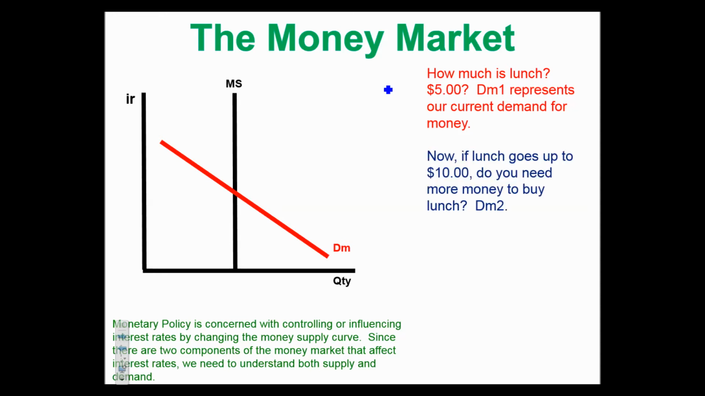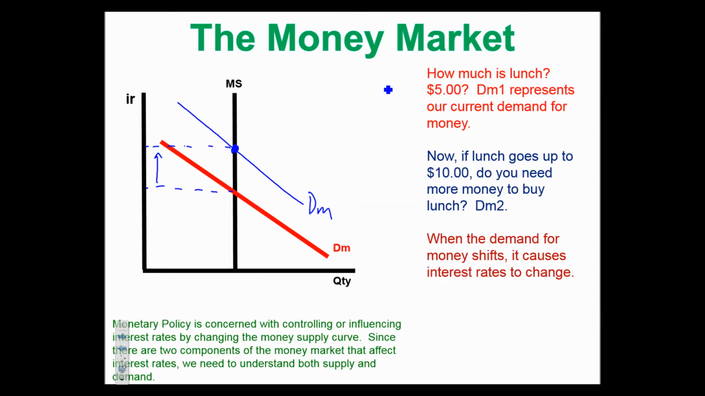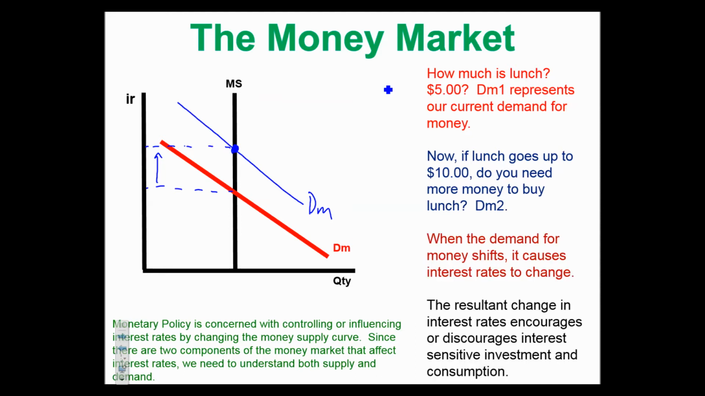If lunch goes up to $10, well, that means that we have to increase our demand for money in order to meet that increased price. Well, when that happens, it causes the interest rate to rise. And that's going to have a negative effect on investment and consumption and so on. So that's a big deal. When the demand for money shifts, it does cause interest rates to change. And that resultant change can affect investment and consumption, and it can affect the value of the dollar, which will